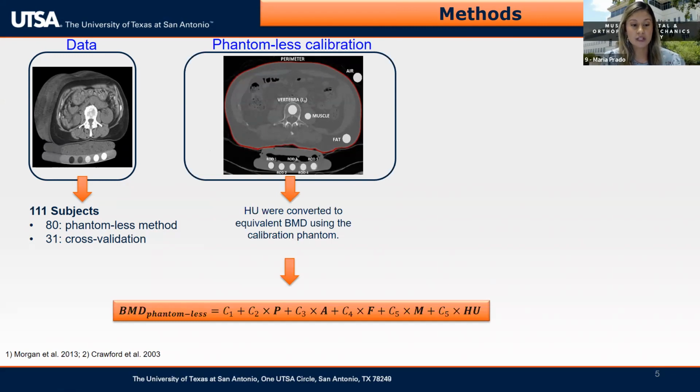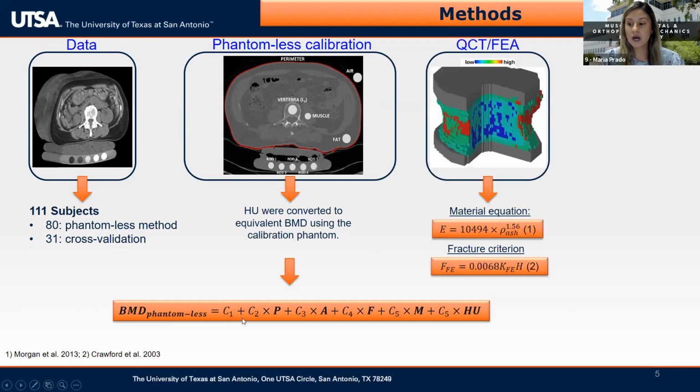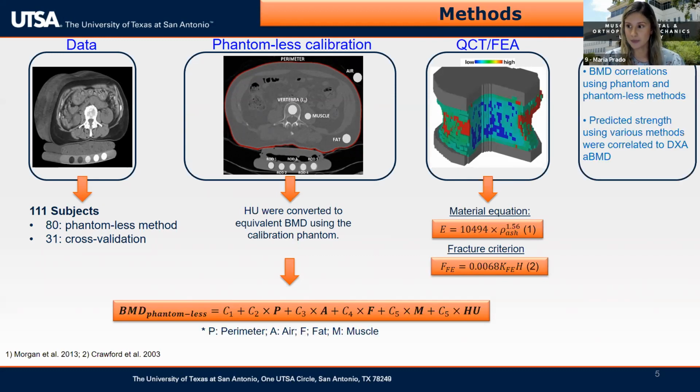Equations are a combination of the regional interest, and to develop the phantomless calibration equations, we use a multiple linear regression model where the coefficients C1 to C6 were obtained using this regression analysis. Then we implement a QCT-FEA model that has been previously validated using a material equation from literature and a fracture criterion